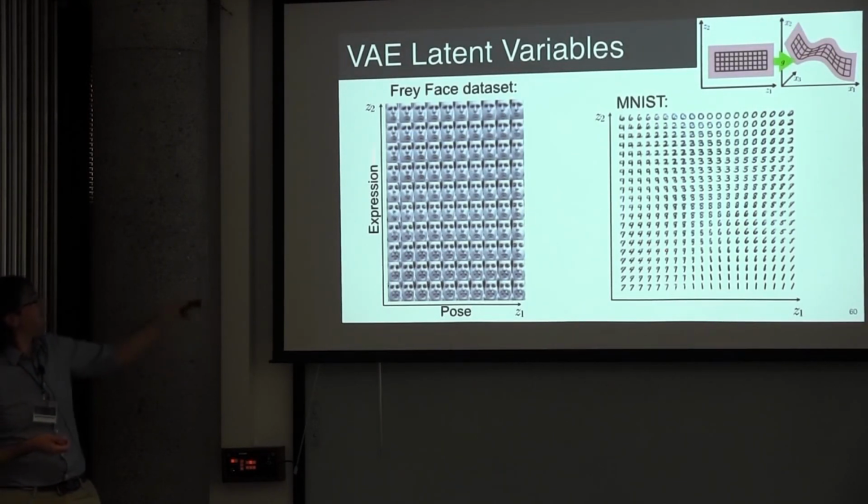But in the case of this Frey faces data set, a relatively small data set made up entirely of faces of Brendan Frey, with different facial expressions and different poses, we can see that when we encode this into 2 dimensions, the pose and the facial expression get disentangled from each other. This dimension, Z1, is encoding pose, and Z2 is encoding